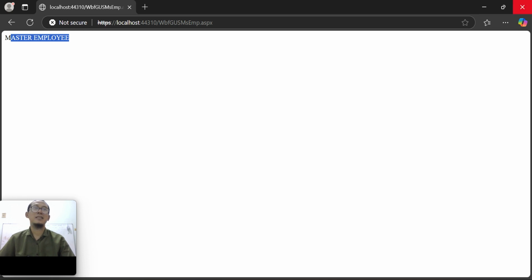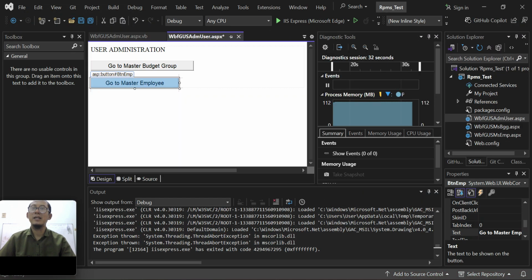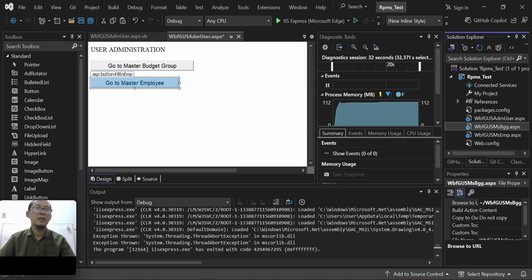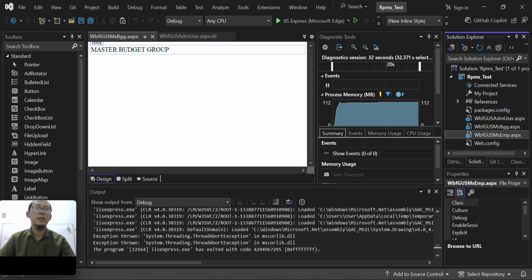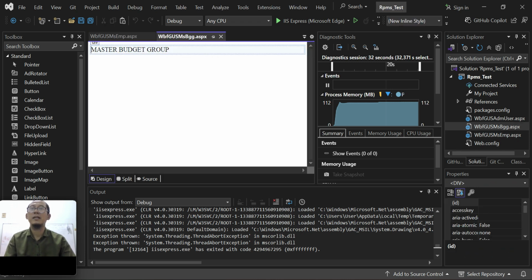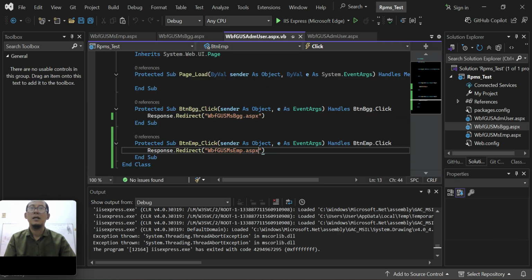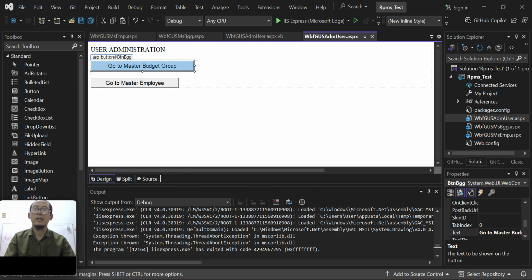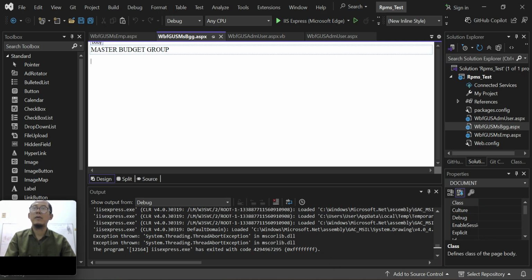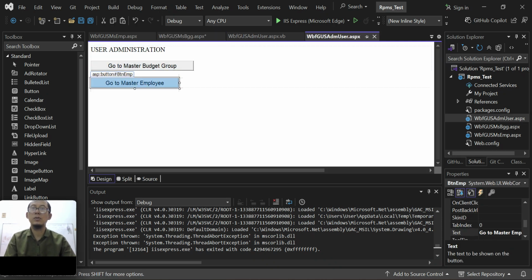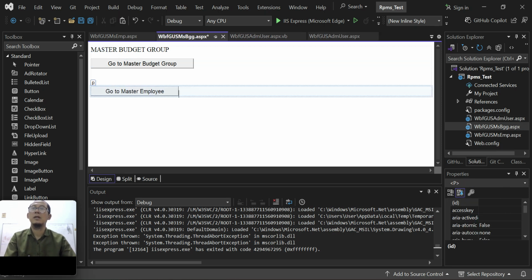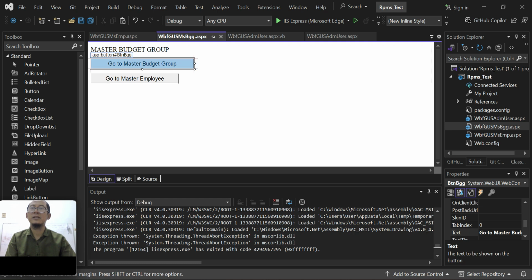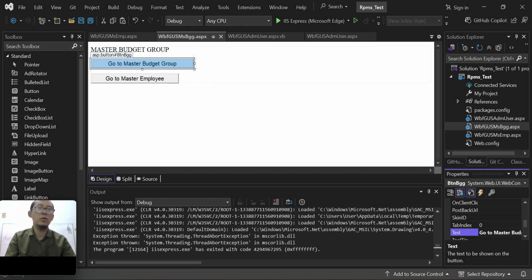Okay, I think this is clear, but maybe let's try a little bit more. I want to put a button in another page. Let's copy. If I am in master budget group, what if I want to go to user administration?